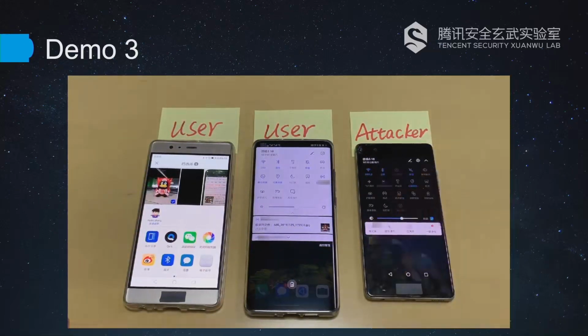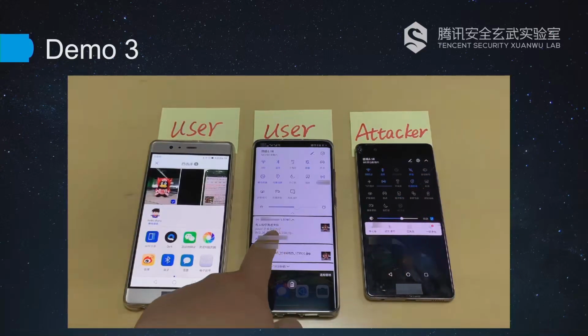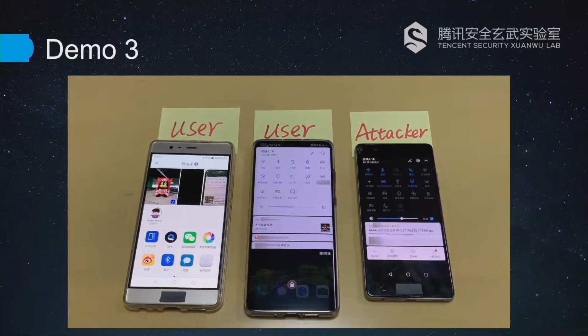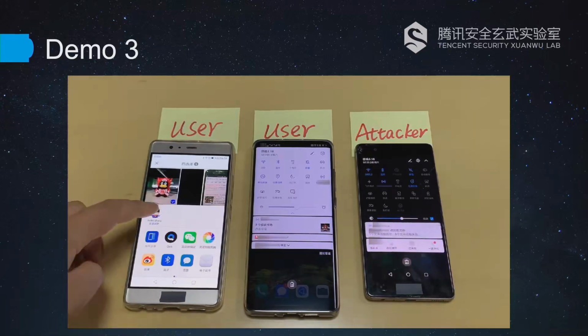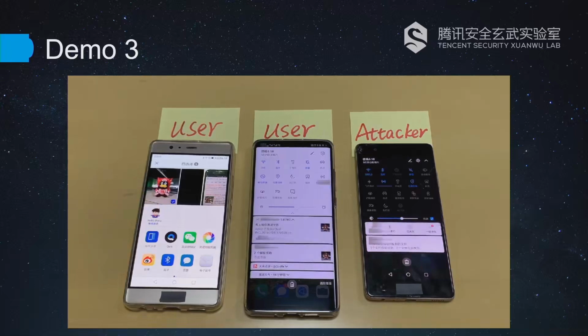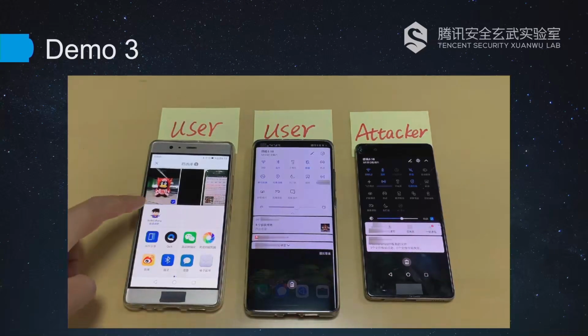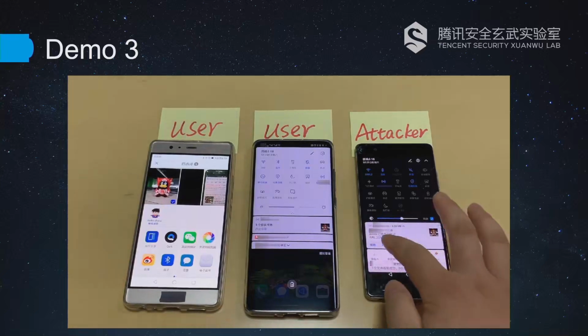Here we can see the normal user send the file, and sometimes the normal user gets the file, and sometimes the attacker will get the file. So here, the attacker will get the file.